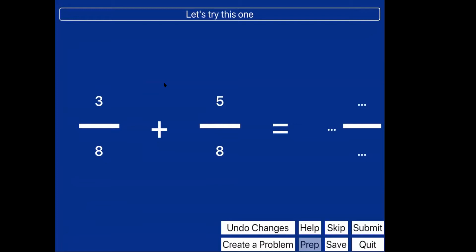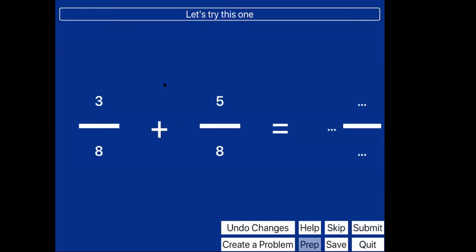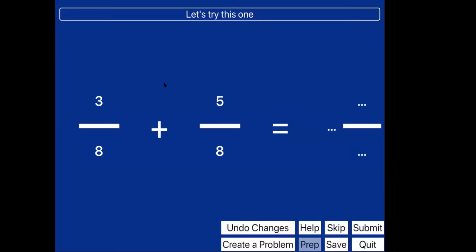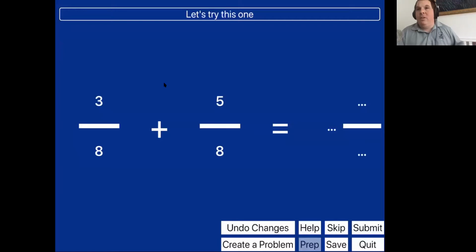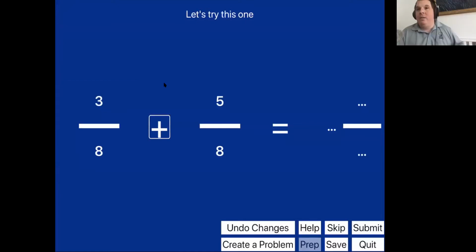3/8 plus 5/8 equals answer. Blank. Okay, so that is the question. And if you remember, that was actually the number one question that I had in the reordering situation. So that actually worked. So now if I were a student, I'm getting that lesson that I set up. So again, I can flick left here. Let's try this one. So you get kind of the hint. 3/8. Now I'm moving right. Tap to edit. Plus.